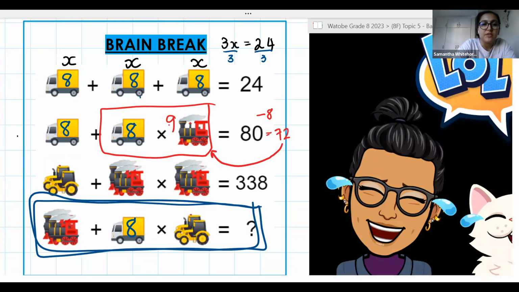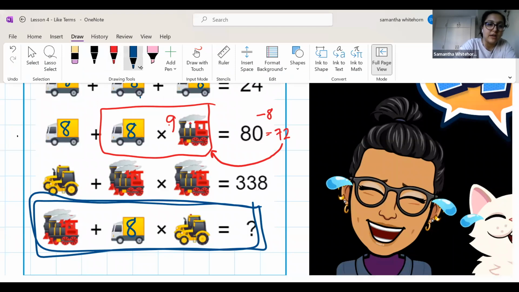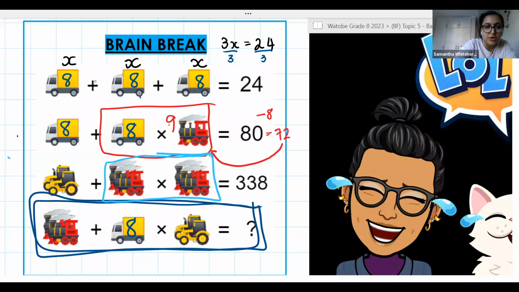But what I need to be careful of, and this is what Yolanda was saying to you, like now when you were trying to figure this out, is that in this next step, it's a double train times a double train. So double 9 is 18. So what we actually have here is 18 times 18. Now again, we need to apply BODMAS. 18 times 18 is 324, if I'm not mistaken. Let me just double check my maths. 324. And so now that means that if we know that the product is 324 and we must get to 338,